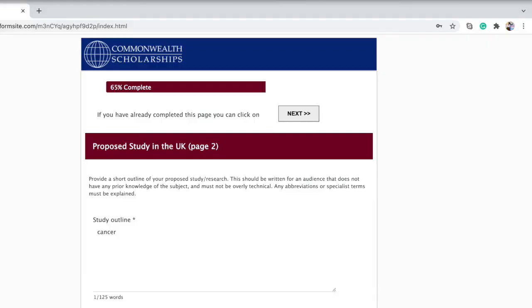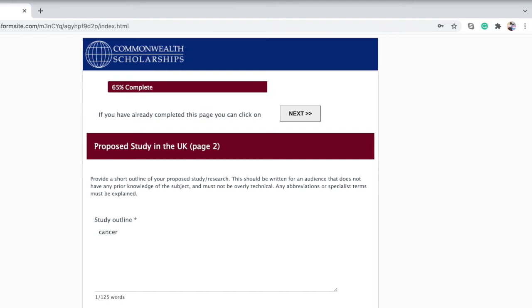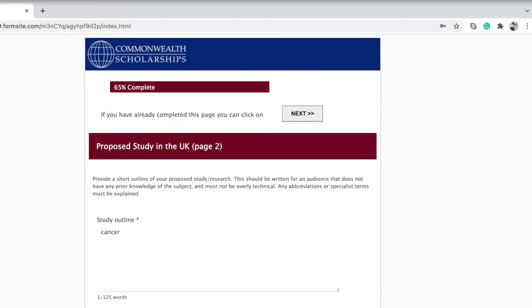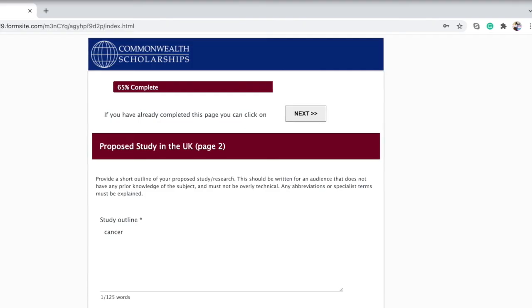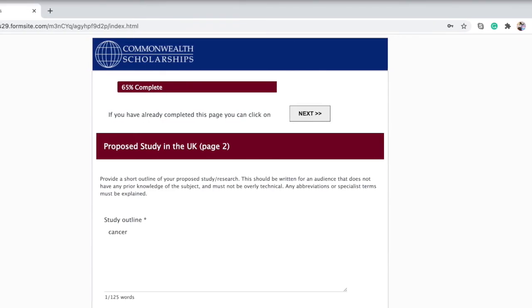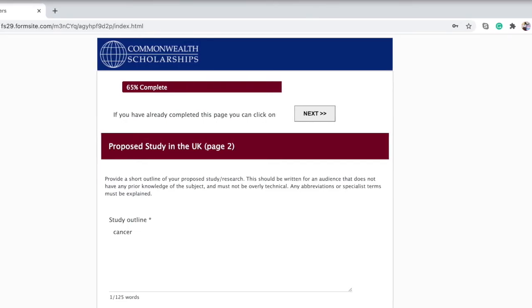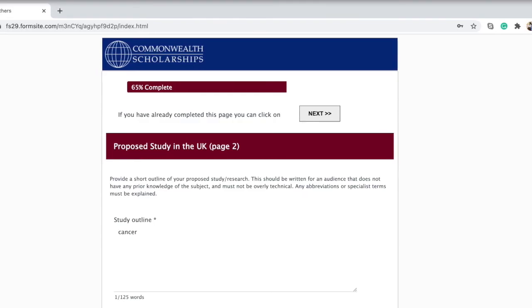Various students have asked me, do we have to make a list or do we just have to write an essay? For me, I would advise you to write an essay here, but if you want to just list it up, it's fine, but it's hard for me to just list a study outline, because you have to understand what they want here. They want to get a summary of what you want to study. That's what they want. Seriously.